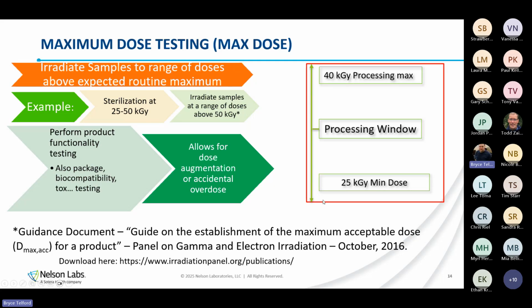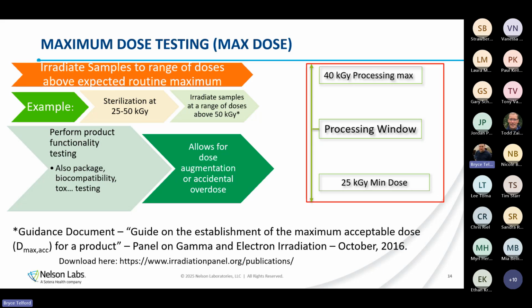So we hit our minimum sterilization dose. If we fail a dose audit, for example, which we'll talk about when we validate, we have what is known as dose augmentation, where we essentially dose the product with a little bit more radiation to make sure it's sterile. We want to have that maximum dose somewhere higher so that we can receive that little bit more radiation